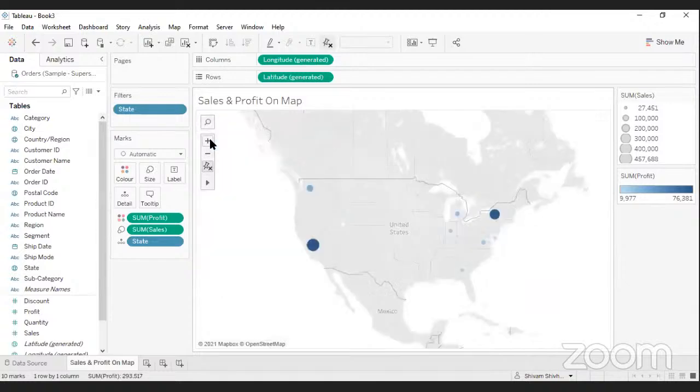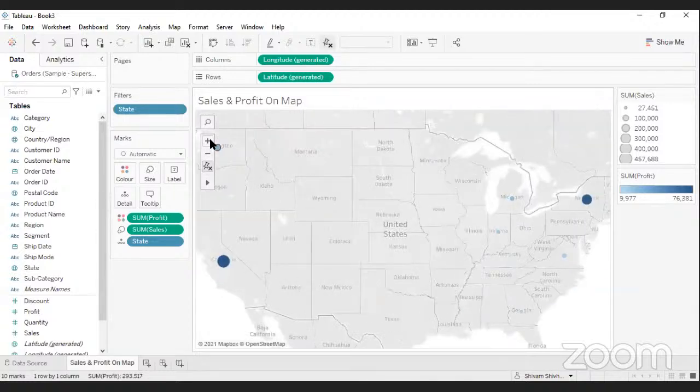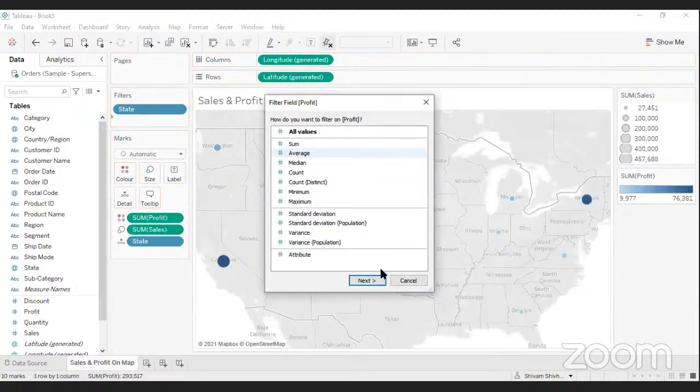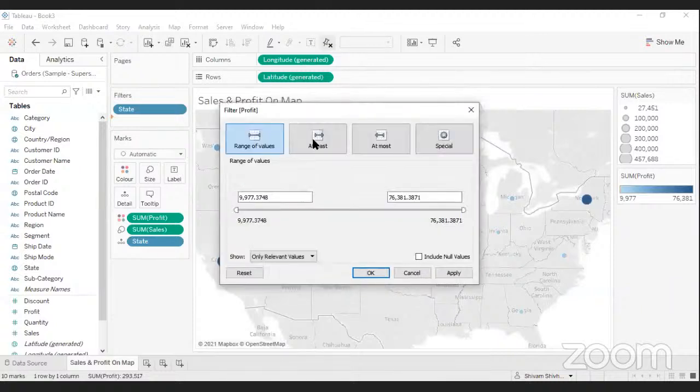So I can easily identify them, but I also want to drag the profit here, sum of profit. Now if I want to set the range, I can do that. For example, I can set that profit is more than 16,000, then only these areas will be calculated. Once I click OK,